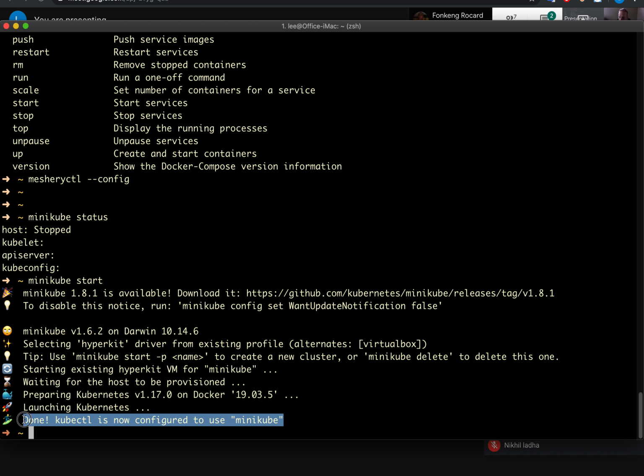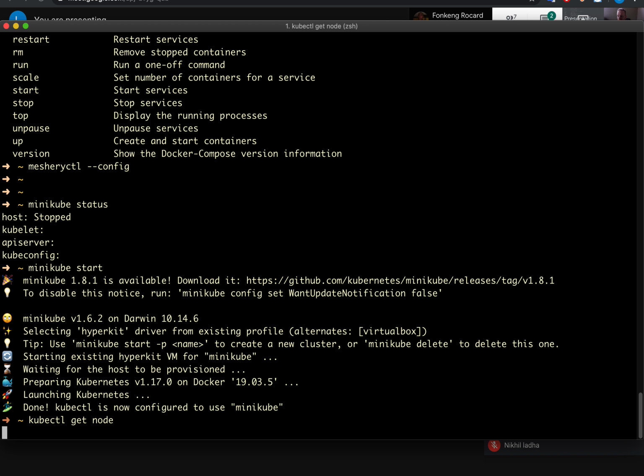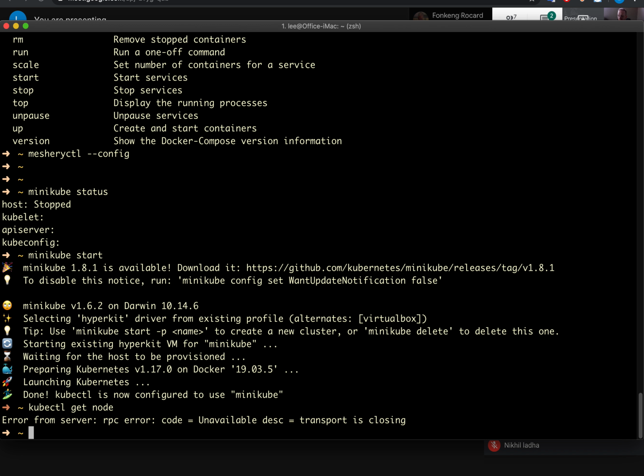So if I go back to my terminal, Minikube did start up, right? It did its thing. kubectl is now configured to use Minikube. Okay, and that's why my config file was updated literally before our eyes a second ago. So if I do a kubectl get node, wow, it's failing, right? And this would also probably be why Meshery is failing to talk to Kubernetes, because